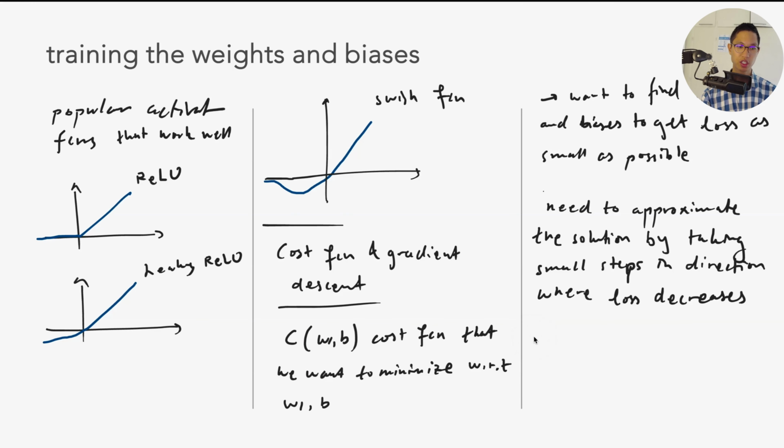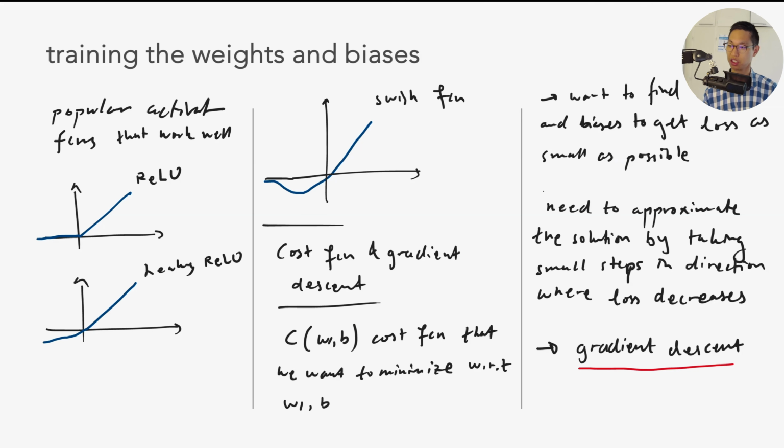And you need to approximate the solution by taking small steps in the direction where the loss decreases the most. And these small steps are the learning rates, and where it decreases the most is the gradient. You're doing a gradient descent. This is the gradient descent algorithm. And you may have heard of stochastic gradient descent also. There are variations of this gradient descent, but basically the gradient descent is that you want